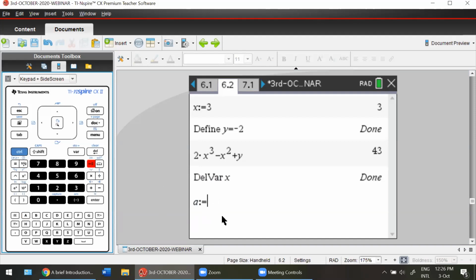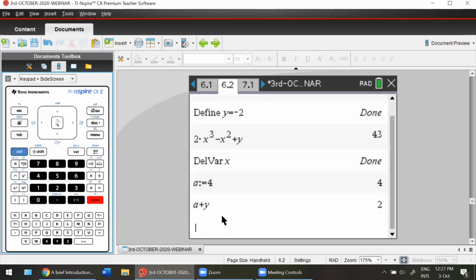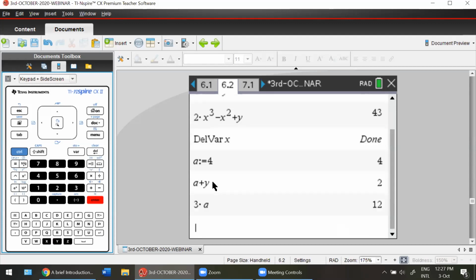And assign your value, whatever value you need. Let's say you want A to be 4. Okay. And there you go. So now let's say you want to calculate A plus Y. So just type in A plus Y and observe that was 4 minus 2, which is 2. And observe when I hit the key that is already defined, it turns bold, right? Because it's telling you that yes, I have recorded the value A is equal to 4. And now I'm going to use this value in order to arrive at my answer.